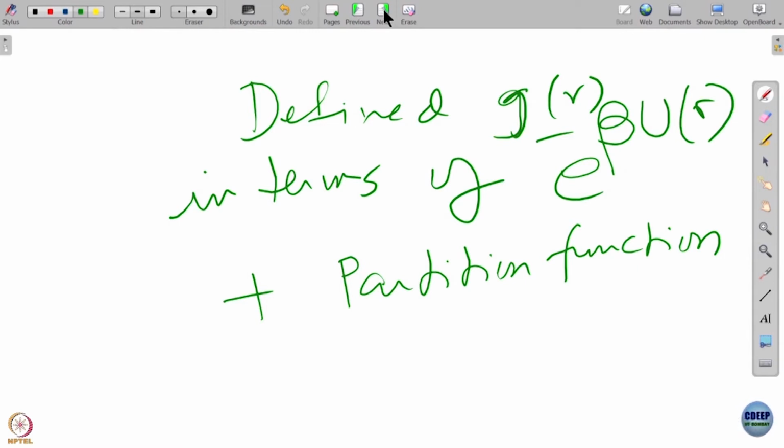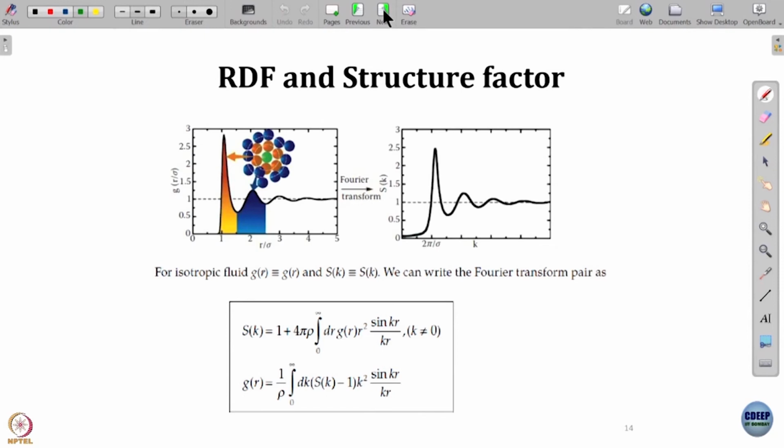Next, what happens? Now we take a little bit back and ask, what do you know about GR before you evaluate it, which is difficult, but has been done with great accuracy in a large number of systems. There are two ways one can get it directly. One is the computer simulation, and there is neutron scattering, and also, as I told you, these days X-ray in random systems.